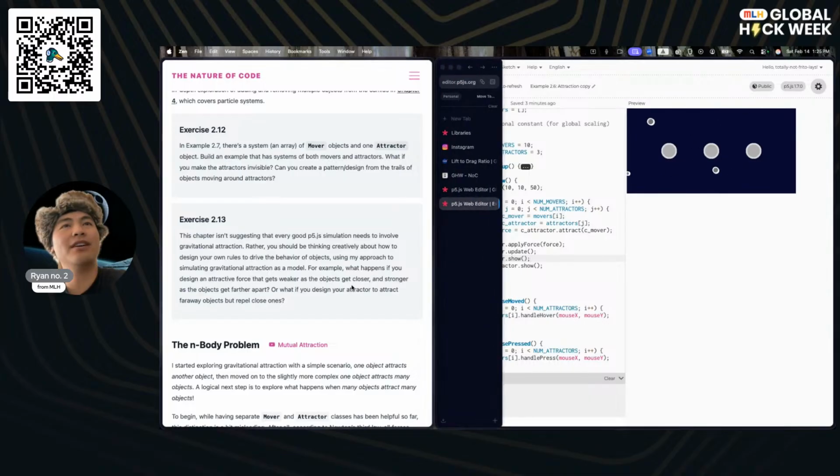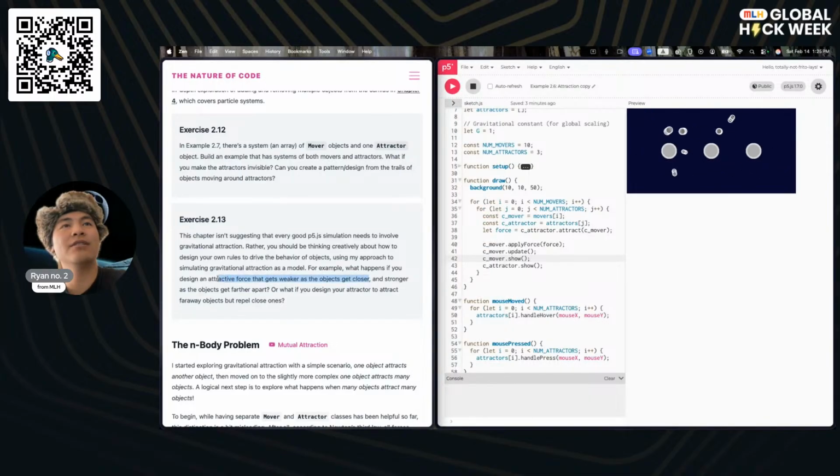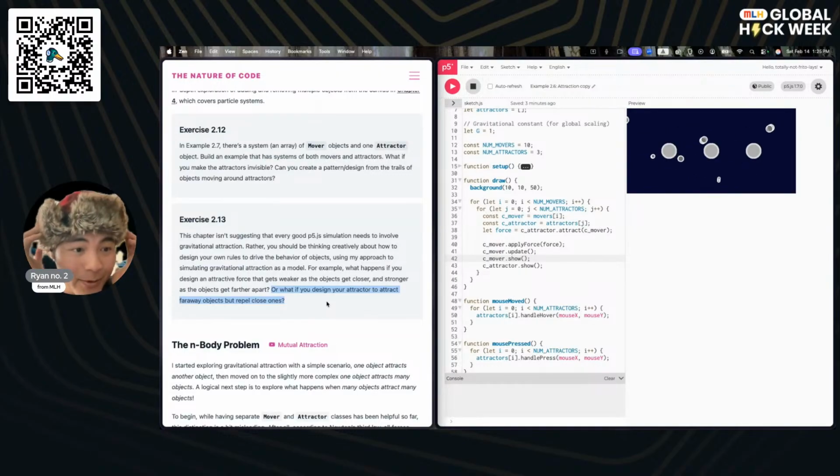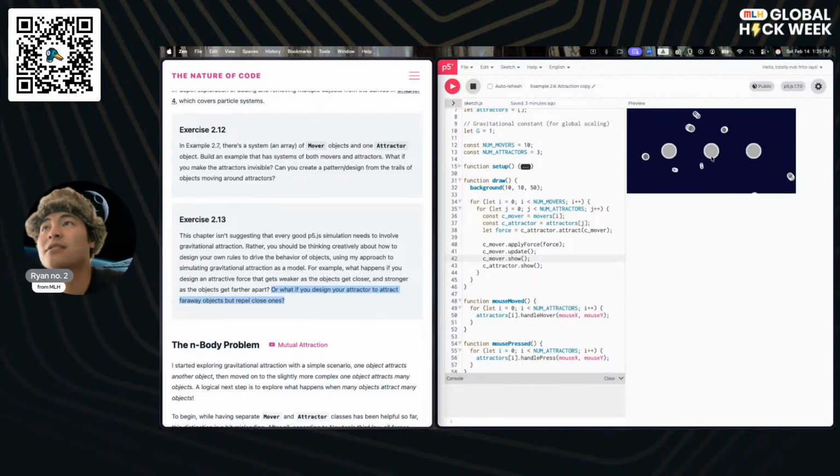I also kind of like the idea of making it so that they get weaker as they get closer, or not that. Actually, I like this other one where we design our attractor to attract faraway objects but then repel close ones. So for this exercise, we are going to make it so that whenever the object touches the surface of the sphere, it kind of bounces away. And let's see if we can do that.